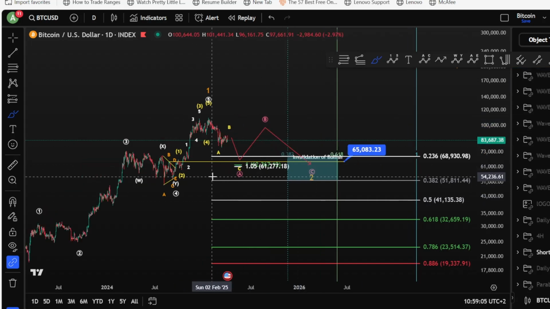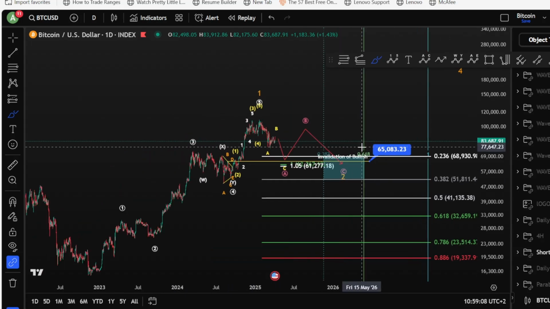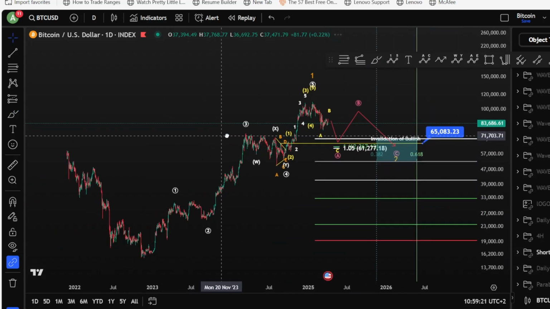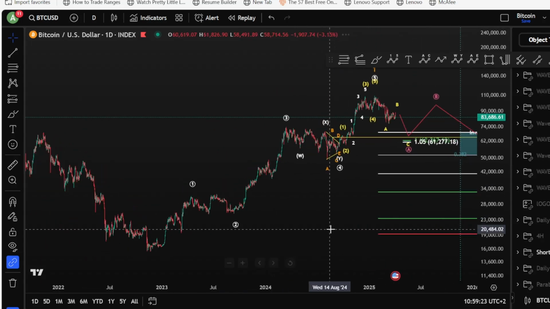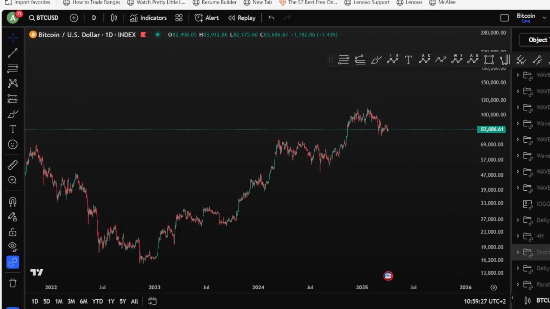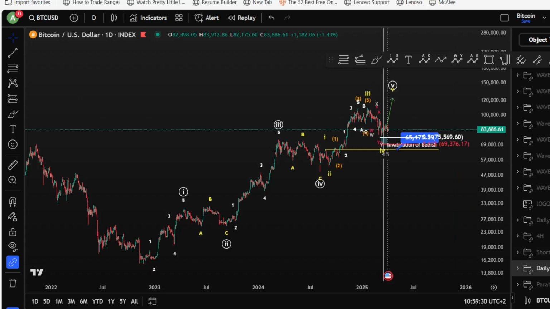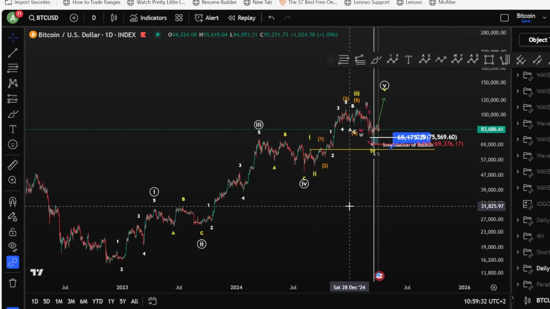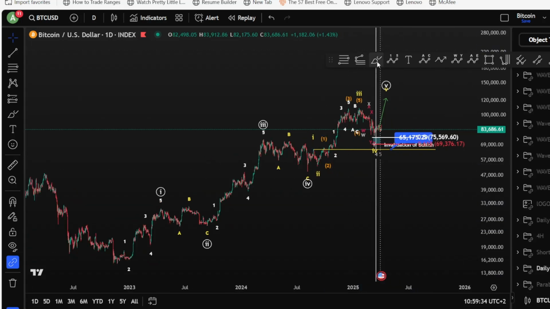Now, only one bullish scenario can be there, but it has a very low chance. Yesterday, someone asked me why I don't provide any bullish scenario in my videos, and that's because I don't like to have distractions in the videos. We are in a bear market. Why should I provide a 10% chance for a bullish scenario? However, in this case, I will provide it just once, and for the next time, I will not mention it anymore. But for this time, a bullish scenario can be the following.